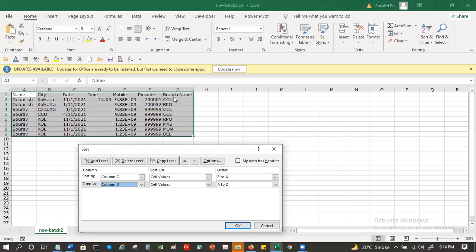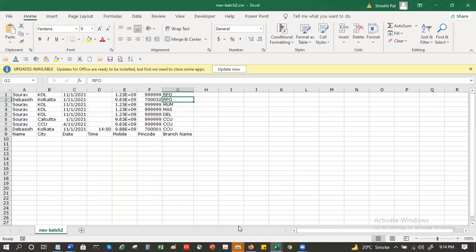First level is branch, second level is city. Because I did not specify that header is there, it has sorted the name header as well. That's the importance of marking it as a header.